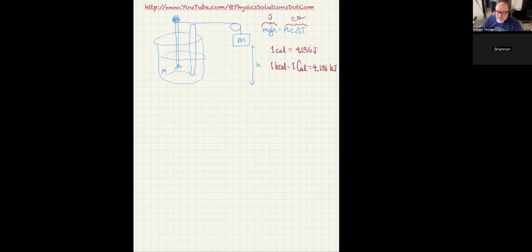It's a discovery that this heat that they thought was a fluid that flowed from one object to another was entirely different from mechanical energy. And this other quantity, mechanical energy, which could be potential energy, kinetic energy, that kind of stuff, were totally different and unrelated quantities to some extent. But by doing this, they showed that in fact they were related. And therefore, this mechanical equivalent of heat is not just a conversion factor, but a fundamental change in understanding of heat and energy. Does that make sense?